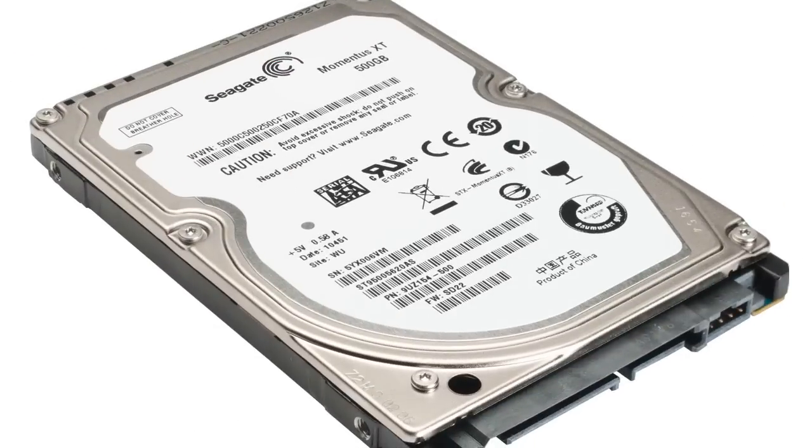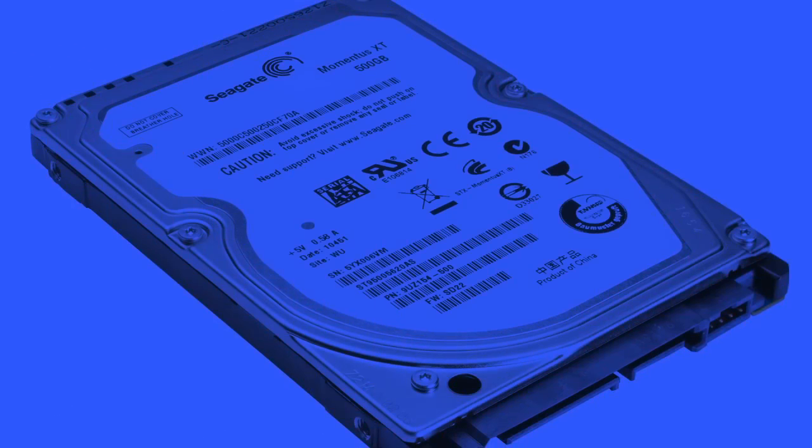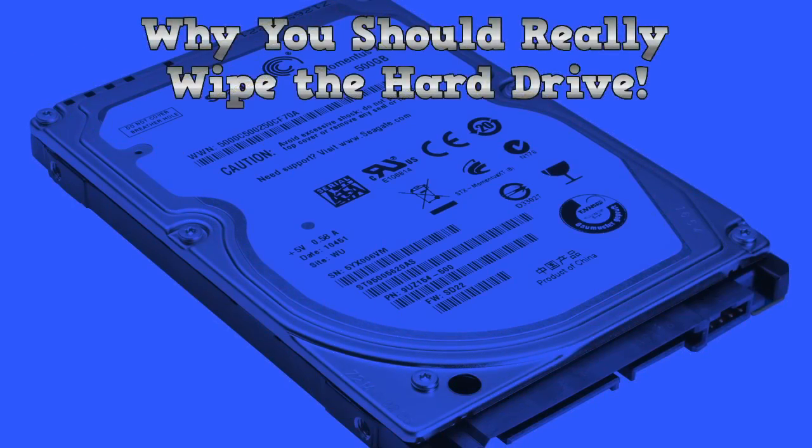I'd also like to point out that after you buy a used computer, you should probably consider wiping the hard drive and completely reinstalling all of the software. Here are several good reasons why. The computer could be infected with viruses or other malicious software. It could